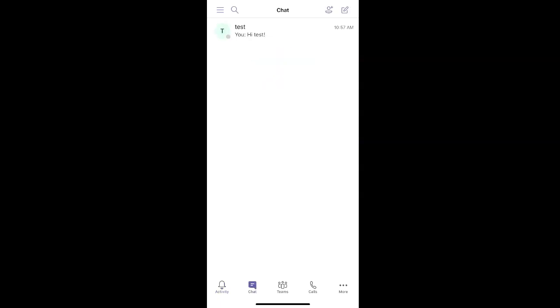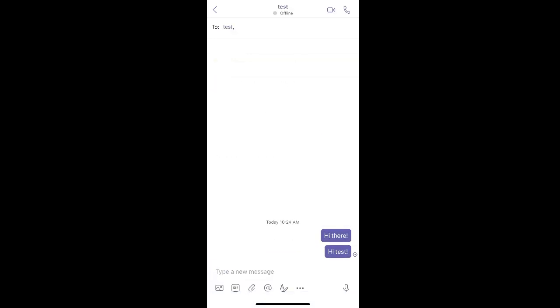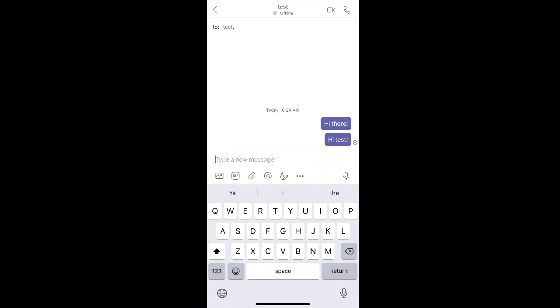The next tab is the Chat tab. Here you can have conversations with individuals in your team. To create a new chat, select the New Post icon in the top right corner of your screen. Then enter the name of the person you'd like to message. To add a message, begin typing your message in the message field